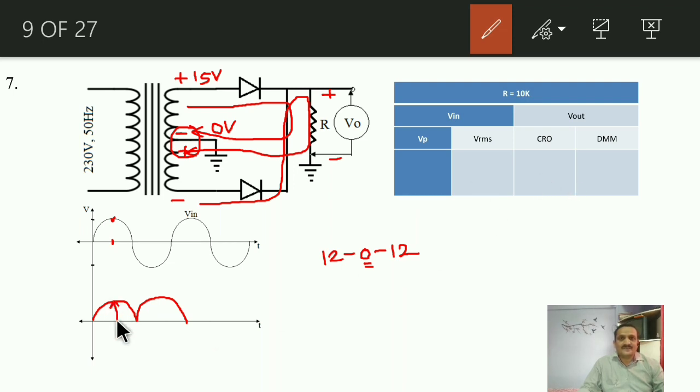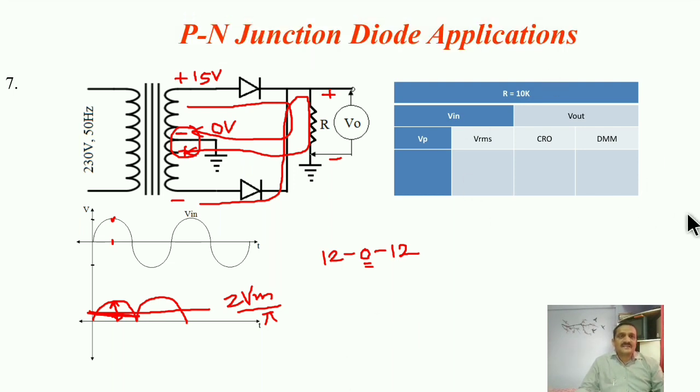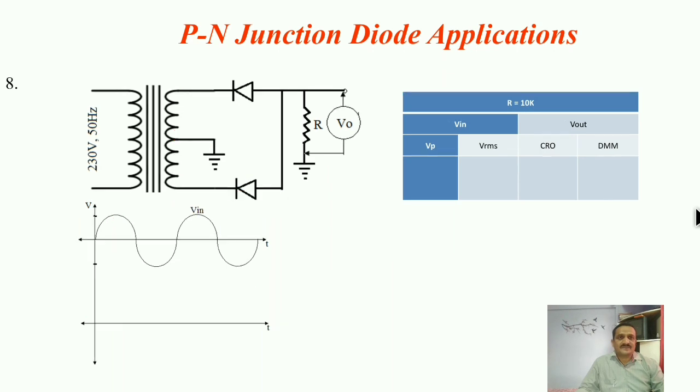This amplitude will again be Vp minus 0.7, that 0.7 is nothing but the drop across the diode during each half, right? And by using a DMM, try to measure its average value. A DMM always measures the average value of the applied voltage. Now as it is a pulsating DC, its average value measured by the DMM will be equal to twice Vm by pi, that you already derived when you studied rectifiers, is it? The value is twice Vm by pi. In the previous case it was only Vm by pi, right? So just check it again by using simulation software.